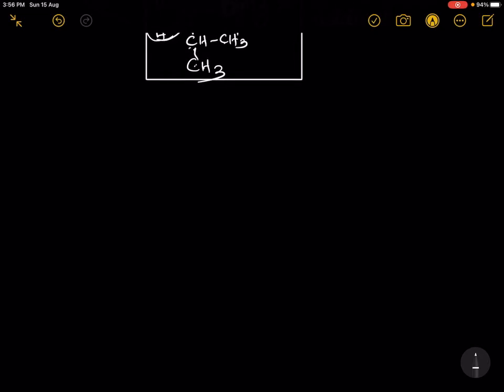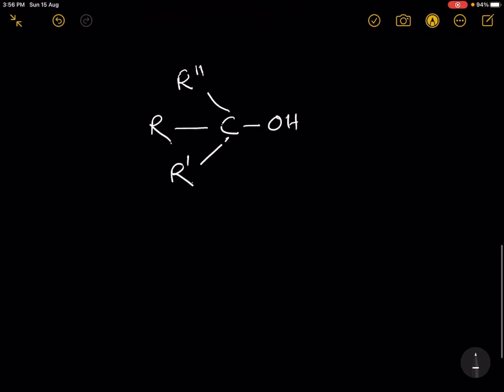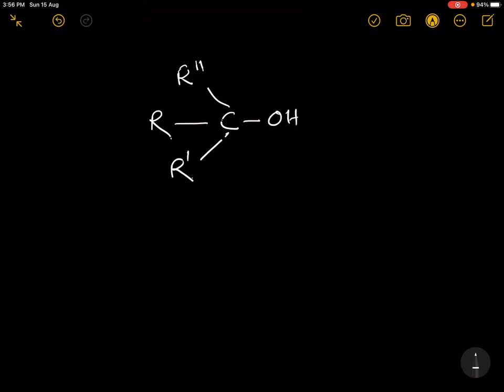Suppose during addition of Grignard reagent to a carbonyl compound, an alcohol is produced as shown on the screen: R, C, R prime, R double prime, OH. We have to find the starting carbonyl compound and the Grignard reagent. For information, this H is from water during hydrolysis. Between C and O you will find a single bond. So CO is there,